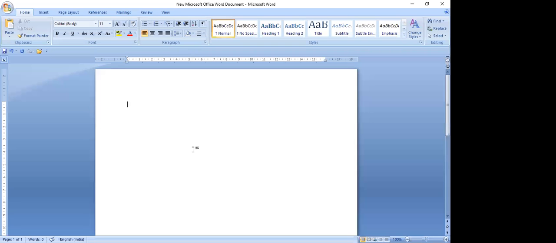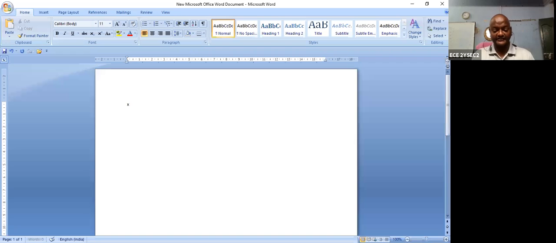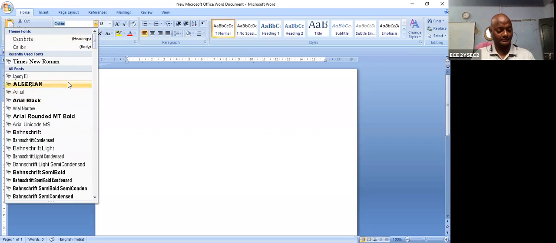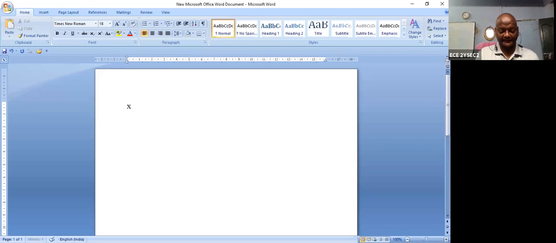So let us take the size of the x. X is a variable, and I want to increase the size value. So select all, and its value is equal to 18. It is Times New Roman. Okay, right. So let us take the variable x. Suppose its value is equal to 10. Size is 8-bit. How can we represent the binary value of 10? Can anybody say? I want to show, so 10 is equal to 1010.